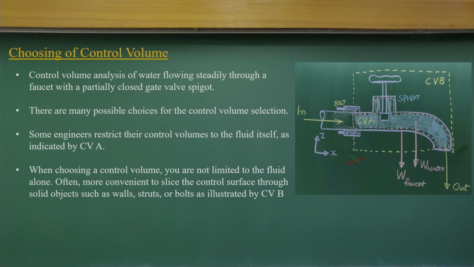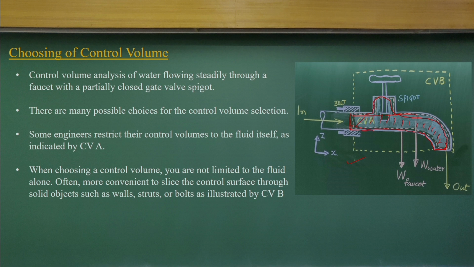I can have a control volume like this, control volume A, which is just touching the wall surface and includes only the water part. We do not know the stress acting over the surface, and we also do not know the pressure distribution at this point. So, when you draw this type of control volume, where over this control surface we do not know these quantities, we cannot solve the problem.